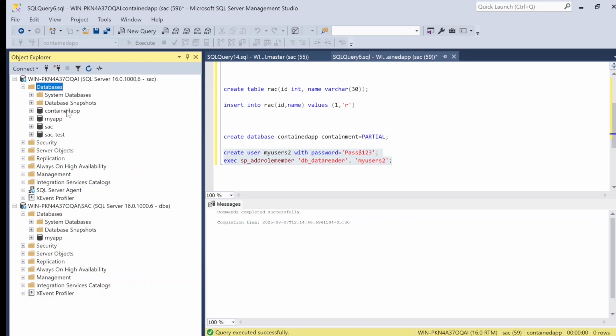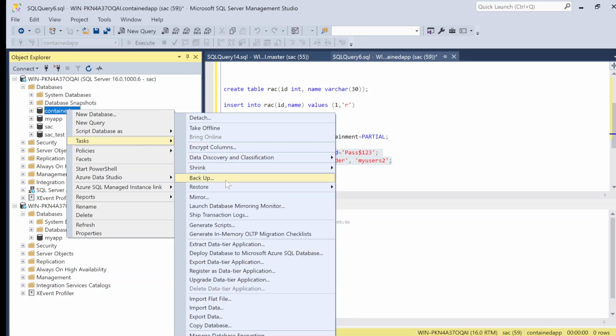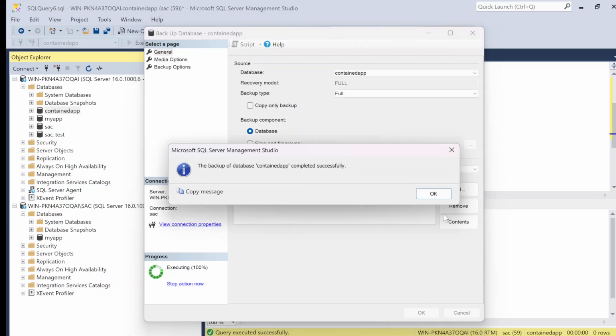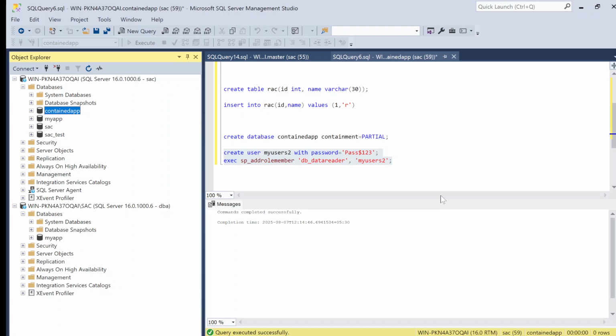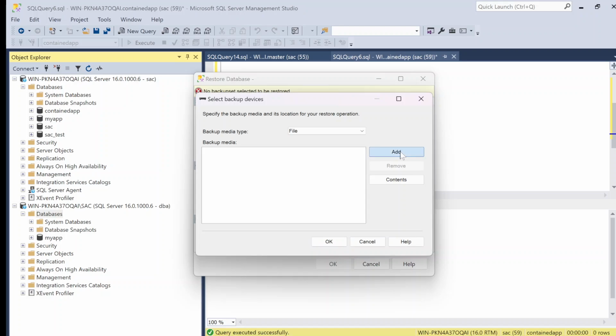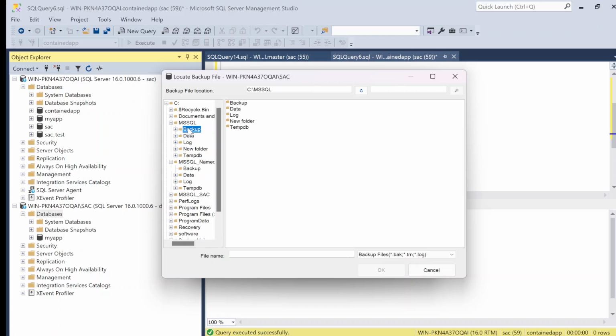Now we are taking a backup. Right click, tasks, backup, my contained app.bak. Click OK. So the backup is completed. Now we are restoring. So right click, restore database, device, these three dots, add, go to MS SQL, backup, contained app, click OK,